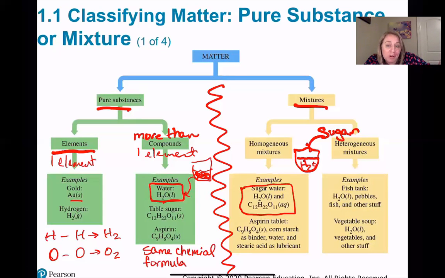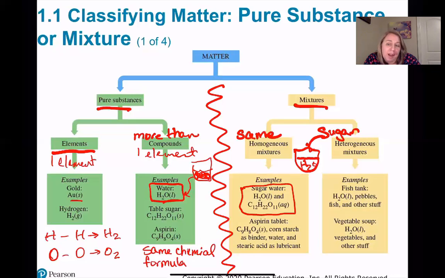So when I'm done making my mixture of sugar water, I have one thing. You look at it and it just looks like water now, but it all looks the same. Same thing if you have a packet of Kool-Aid and you pour your little pack of Kool-Aid and you swirl it around, it's all going to look the same. If you pick the strawberry flavor or whatever it is, it's all going to be red. So that's a homogeneous mixture. It all looks the same. So when you see the word homogeneous, I want you to think same.